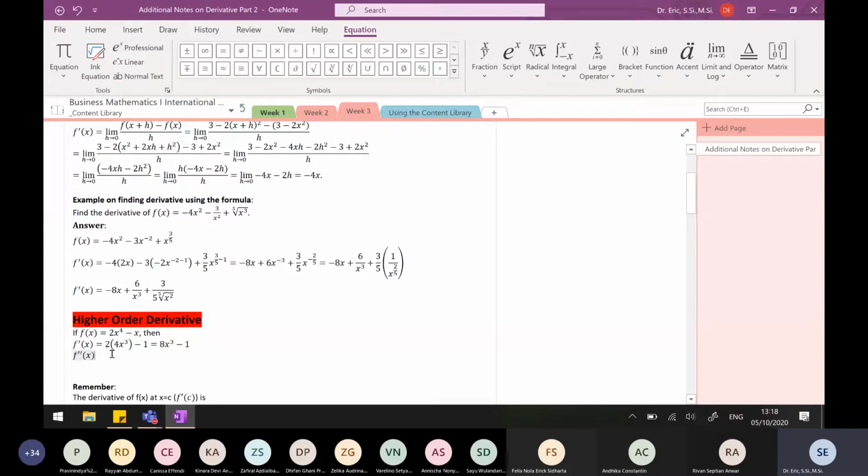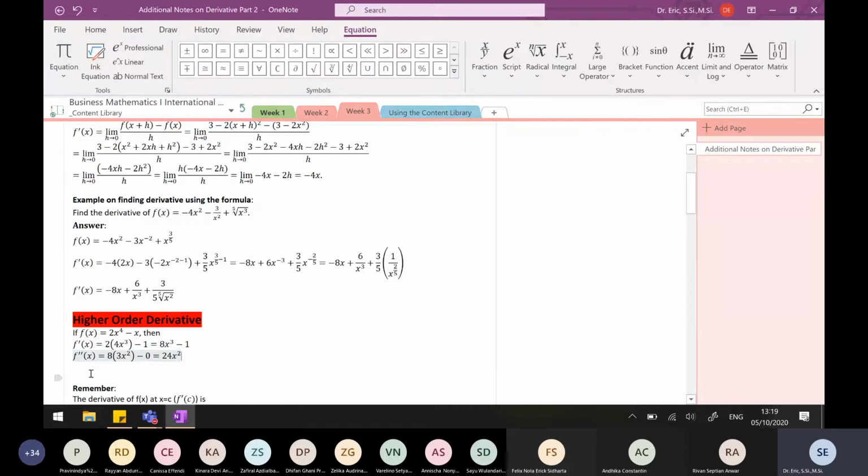And the second derivative is, you just find the derivative of this. What is the derivative of this? The derivative of this plus the derivative of this. What is the derivative of this? 8 times the derivative of x cubed, 3x to the 3 minus 1, that is 2. Okay, yeah? Minus 1 is just a constant, so the slope will give you 0. Okay, yeah? So you have plus times plus is plus, 8 times 3 is 24, x squared.